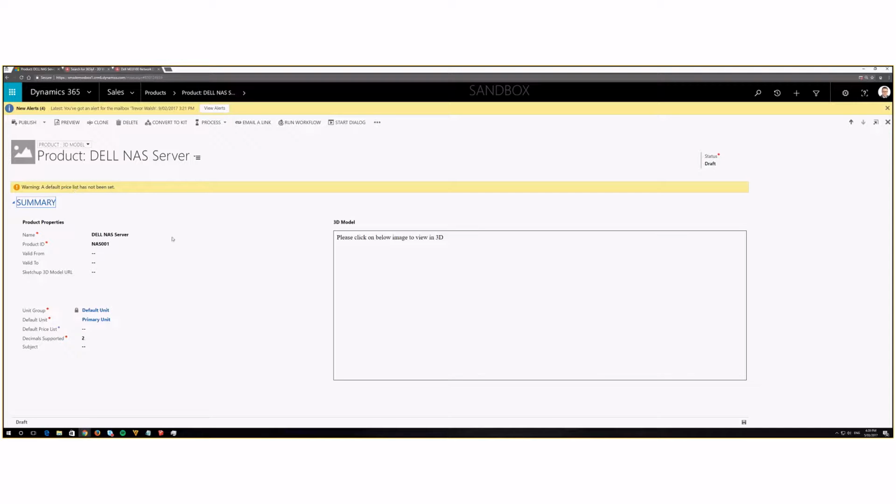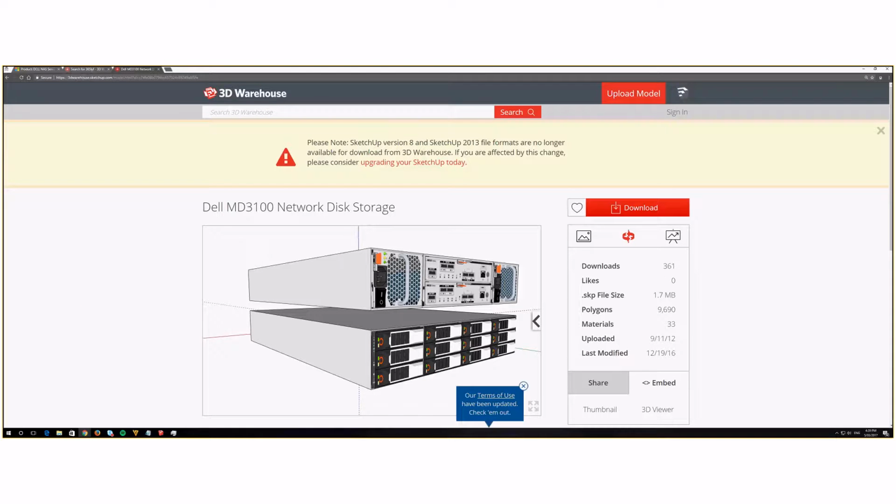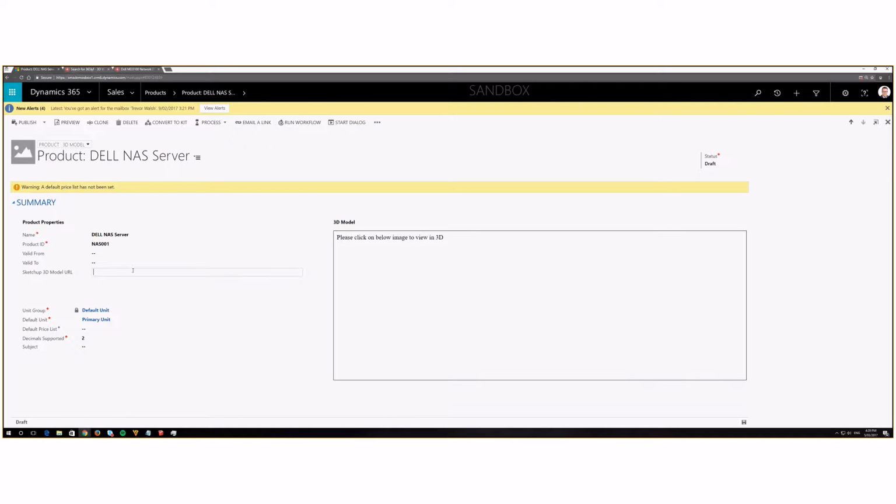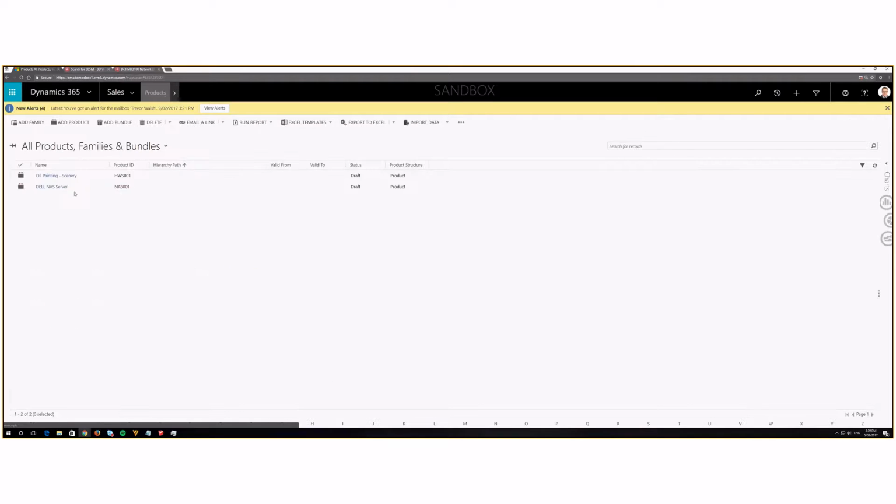Next, I went on the internet. I went to 3dwarehouse.sketchup.com and found this nice little 3D model of a Dell server. So next what I'll do is I'll just paste the URL. I've just copied the URL and I'll paste it directly in here. So if I save that, it should be saved now, and next time someone goes to that particular